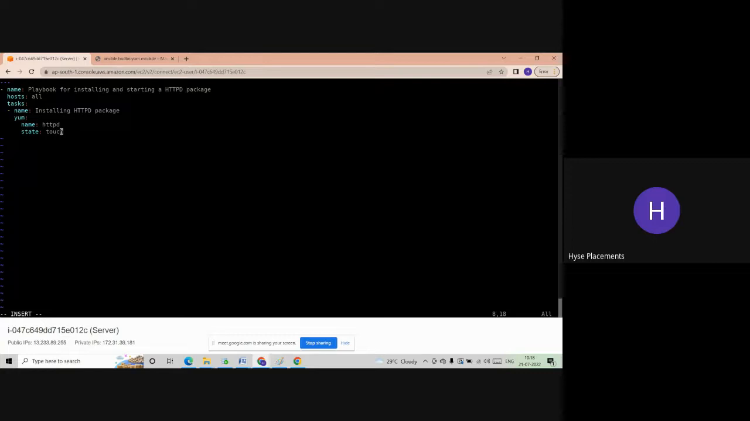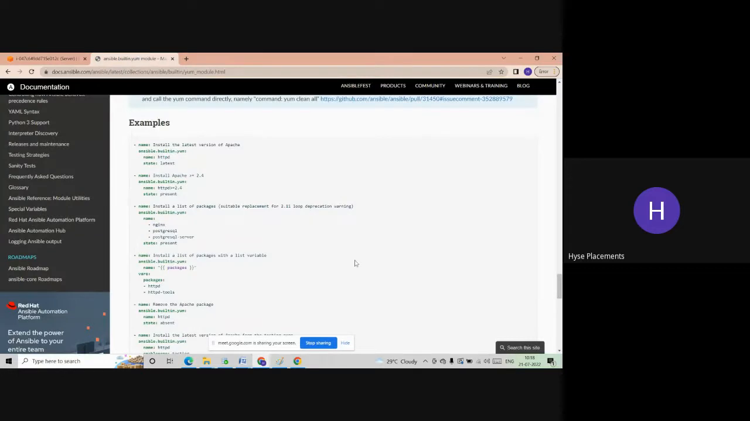M can be used for multiple operations, right? M install package name, M update package name, M remove package name. All these are different options. Here also, we are using M. M is the module. So in that module, what are the options available? Here you can see in the above,